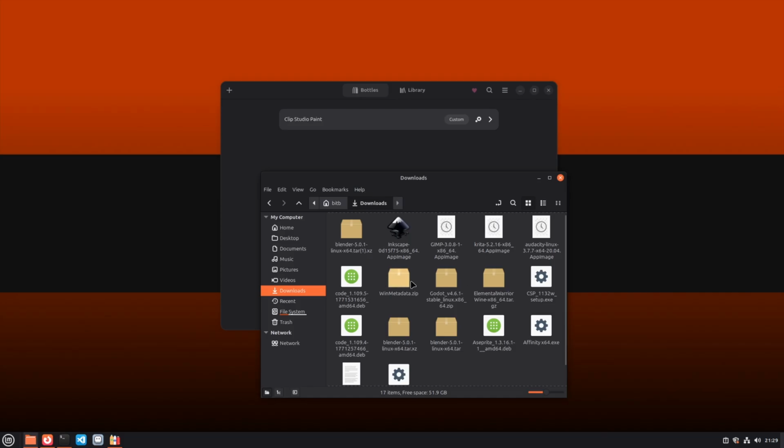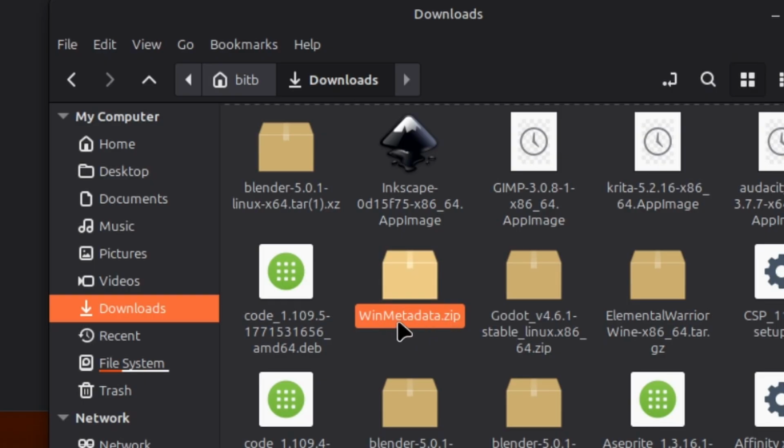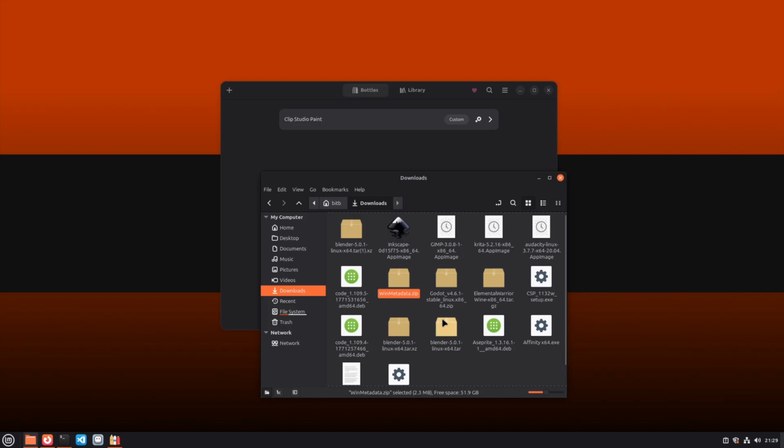And then also the guide asks you to install this win metadata file right here. I've already got those two here. I guess one thing I do want to cover